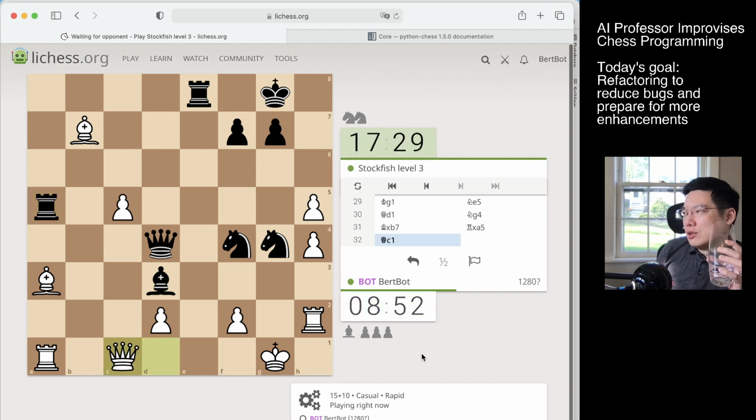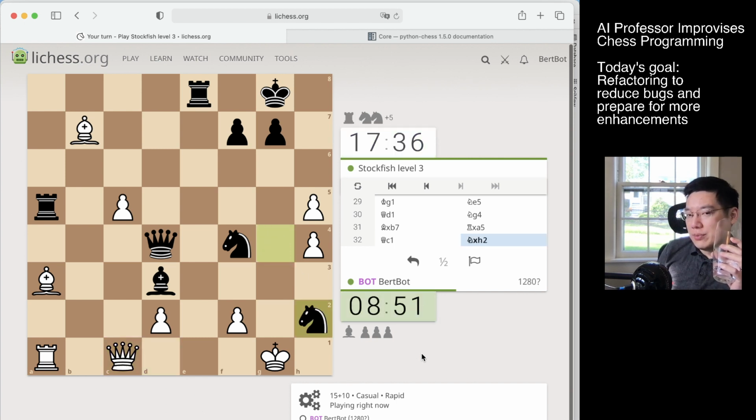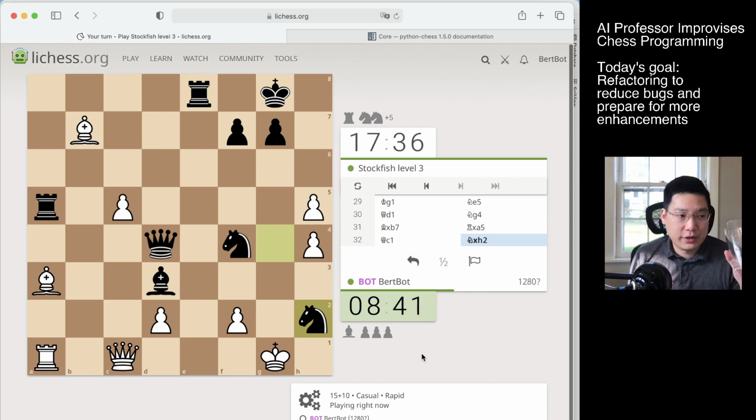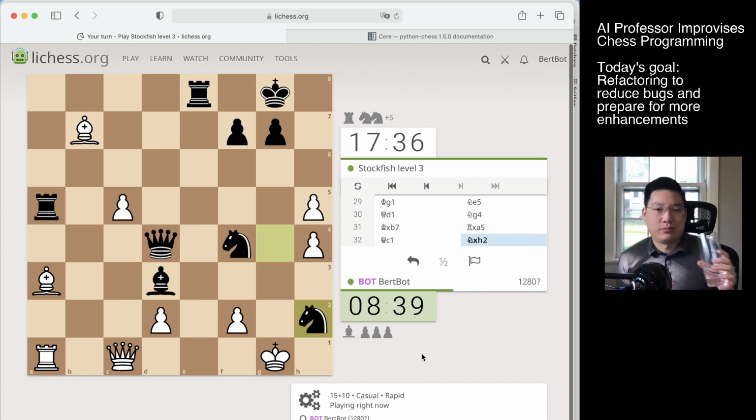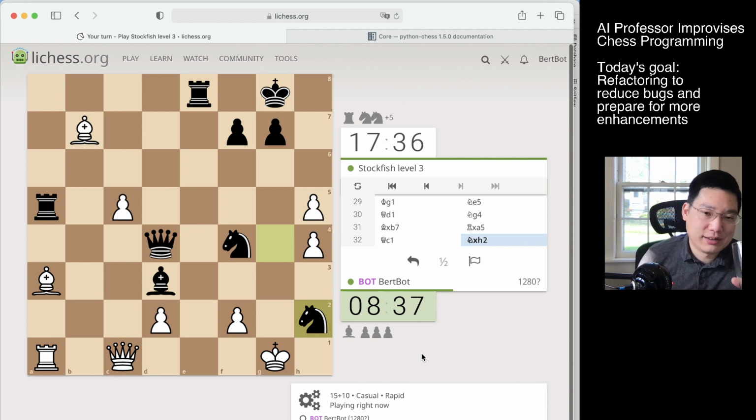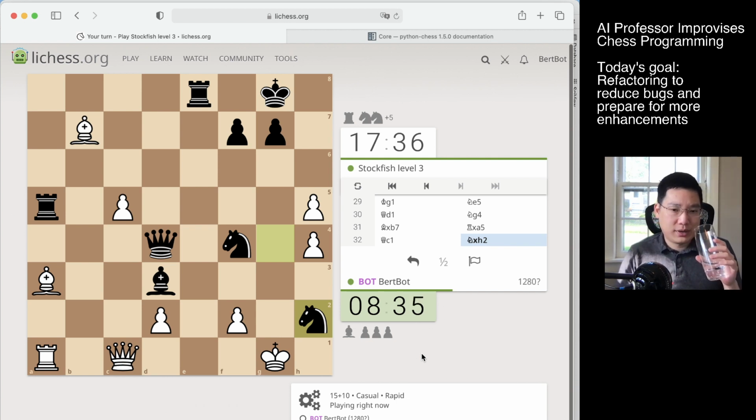Yeah, one of the things you see with Stockfish on the lower levels is that it will just drop pieces. And we should have seen that, and ideally my bot would take advantage of it, but I didn't see that happen yet. And my bot has sort of done that a little bit, but